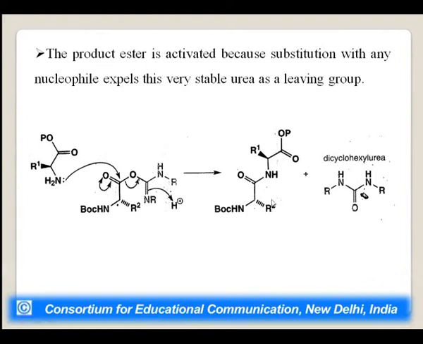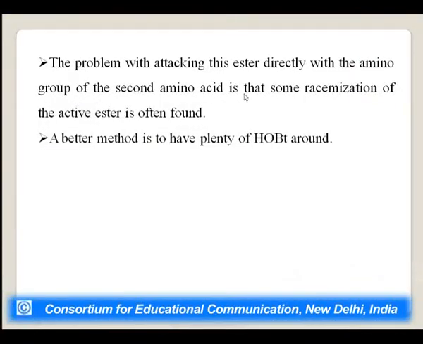You can see the leaving group is formed over here, and what kind of reaction will take place over here? This is the nitrogen with a lone pair of electrons, and it can attack this carbonyl carbon because of the electron withdrawing nature of this oxygen atom. First of all, you will get this kind of addition product, and you will get the dicyclohexyl urea also as a side product. The problem with attacking this ester directly with the amino group of the second amino acid is that